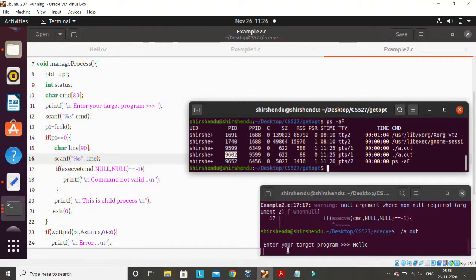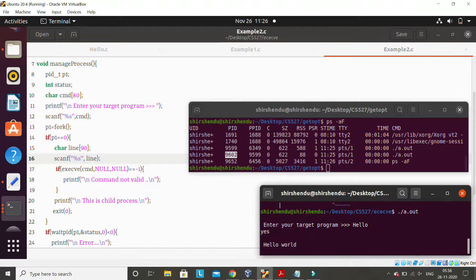Now if I write anything and press enter, I'm not doing anything special. Lines 15 and 16 are just dummy lines, as I've said, but I have added them just to make the child process wait here. The moment I press enter, it will start executing the hello program. See, it is executing the hello world program, hello.c, right? But why is it executing hello.c? Because of line number 17.